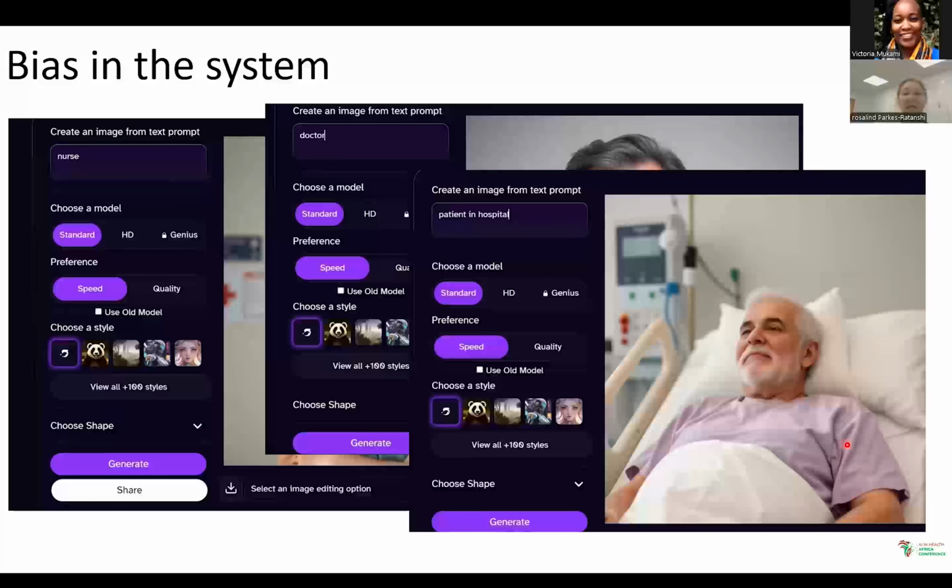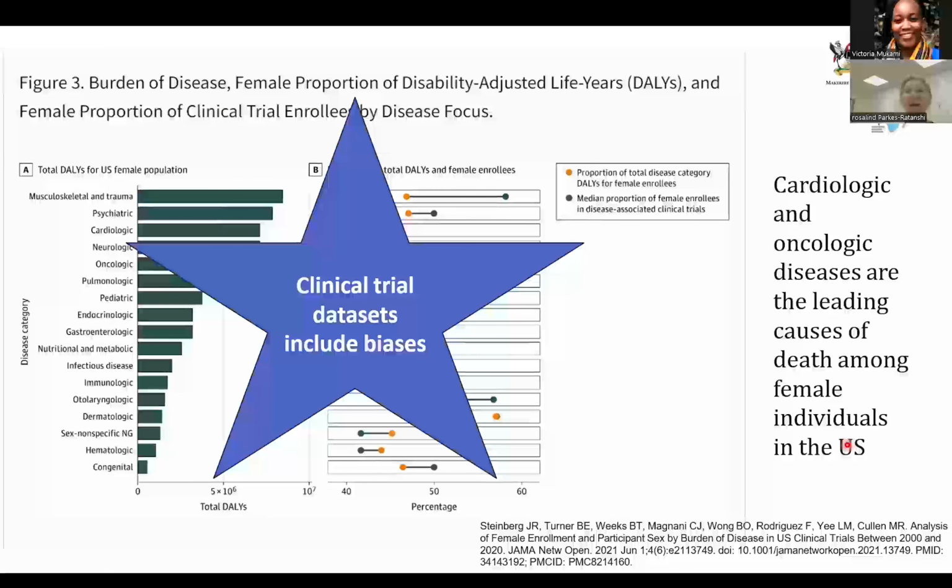So we need to be aware that the data that is readily available, that is routinely available through different systems that we are using and different tools that we are using, is very, very biased to the global north. But